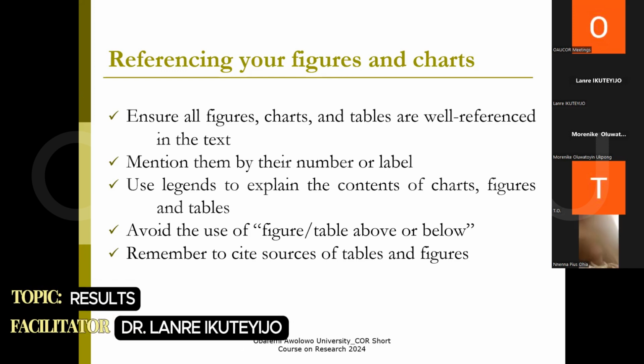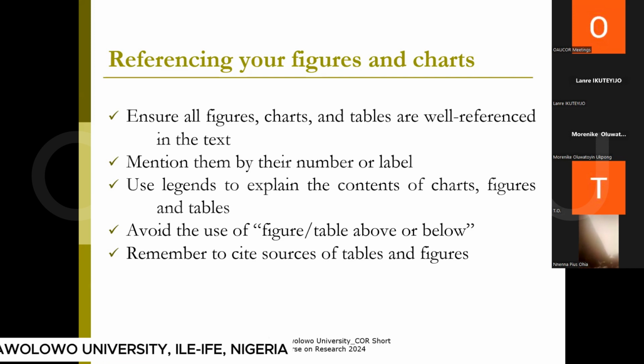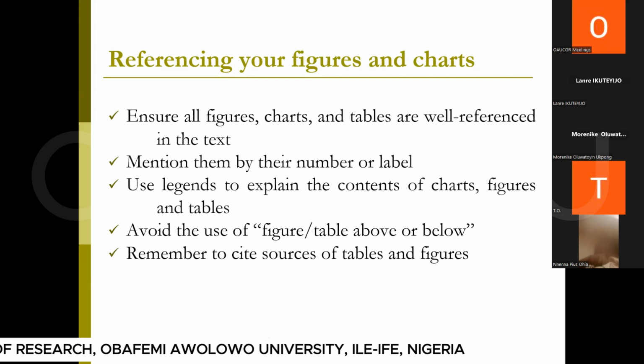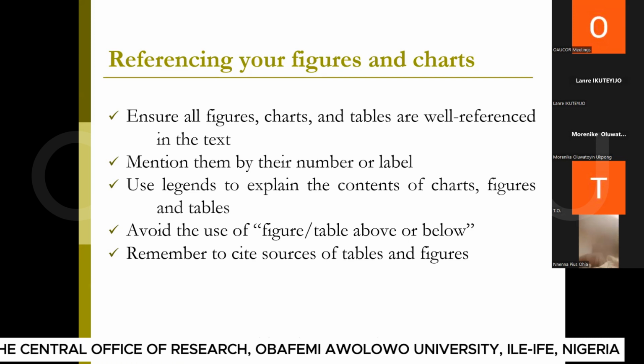Somebody will say, yeah, but it's my work now. Do I need to cite it? Yes, cite it, because from that time onward, you become an authority. Somebody else might be interested in the table or the chart you have presented, and want to use it in another work. So the person would reference it and say, well, this is actually taken from Ogoye 2024, and of course in the reference section you say unpublished PhD thesis, so you are beginning to become an authority.